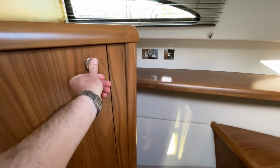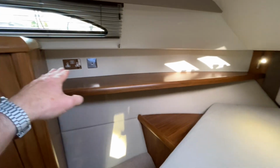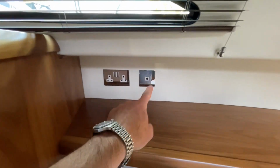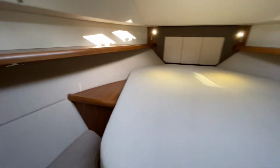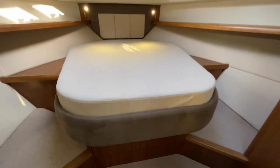So it's hanging space there, and it's got backlighting in that, which is quite useful rather than fumbling around in the dark. You've got these useful side shelves, reading lights, and if you do want to have a TV in here, you've got the TV point and power point. Underneath the berth, there's also a couple of storage drawers, which is great, and as you probably expect, there is a heating outlet somewhere down there. So I'll come back from there